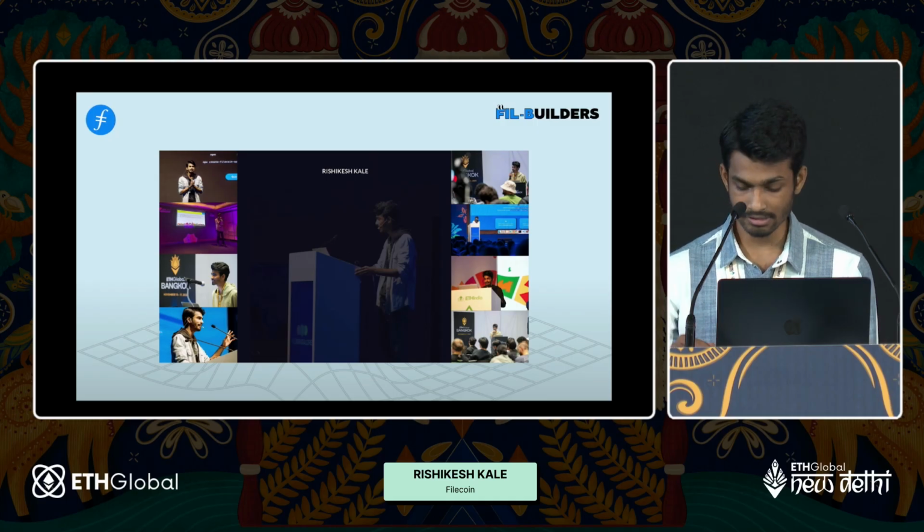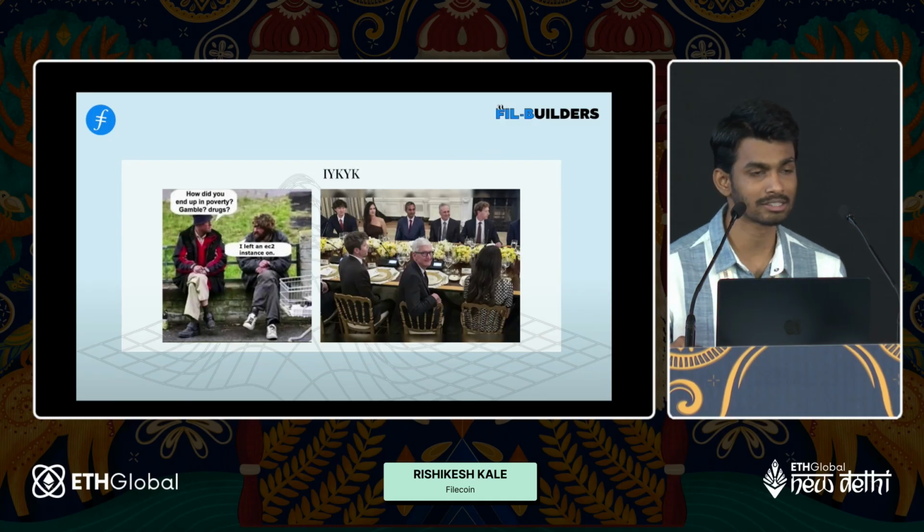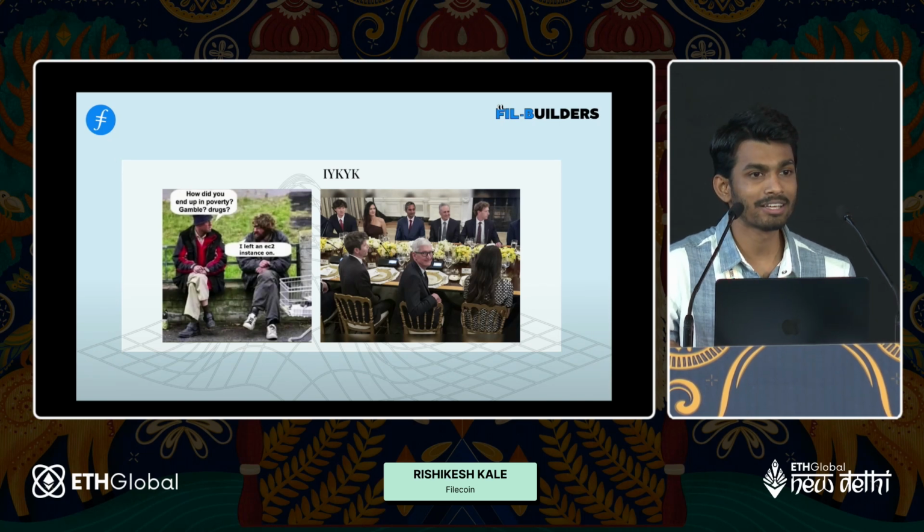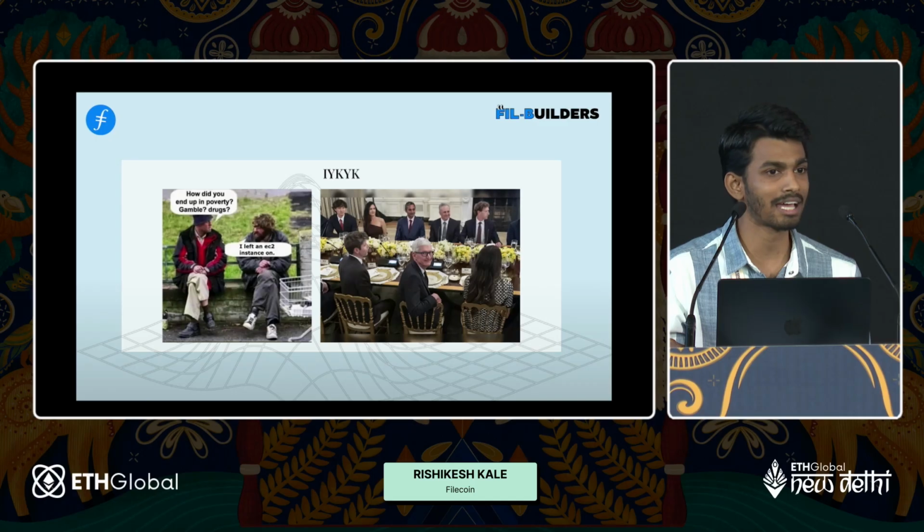So I'll just quickly go through this. How many of you have experienced this? This is a nightmare for most of the devs out there, as well as your team leaders or managers: if you turn on your EC2 instance, the billing just goes on and on and on. So that's one interesting thing.